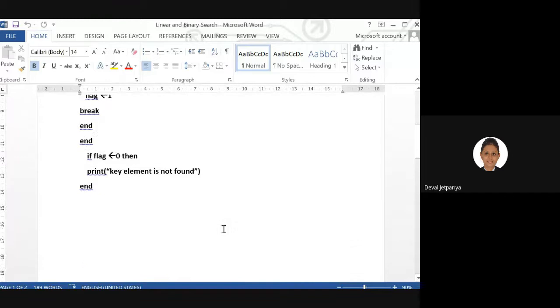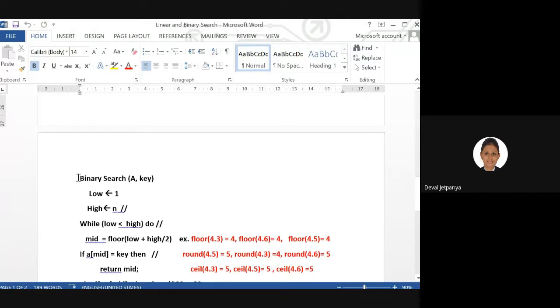Okay, let me start with the next one, that is binary search as well. After that, you can take your time to implement both the algorithms. So binary search: before starting with the example, the foremost condition that you need to remember to use binary search is that your data must be in a sorted manner.